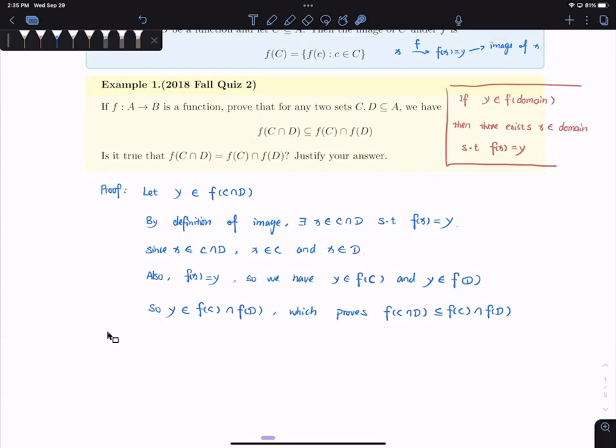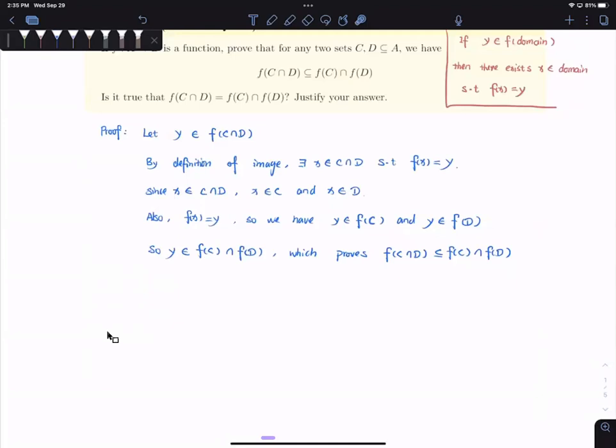Anyway, my second question is: is it true that they're equal? True? False? This is done, by the way. First part is done. Second part, are they equal? If you think they are equal, then you need to prove them, but are they equal though? They're not equal, right? False.